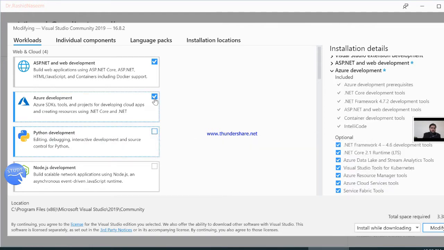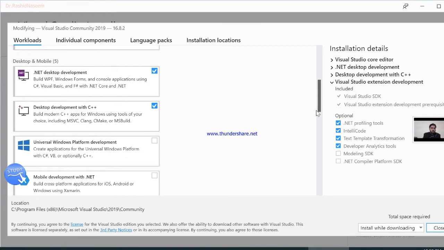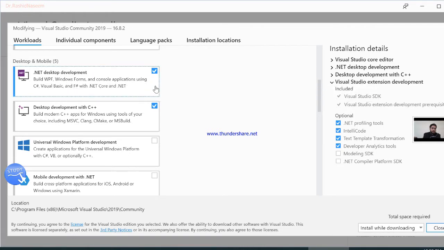The components which you have installed in Visual Studio will always be available with check marks. You can see here that .NET desktop development is already available in our Visual Studio. I have also installed this workload.